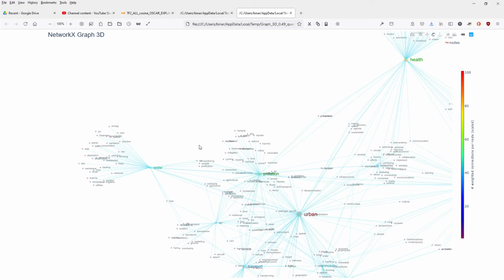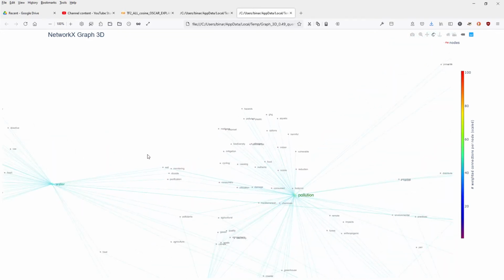Now, the interesting thing is the words that are in the vicinity of water and in the vicinity of pollution. And those are the words here, for example. Let's zoom in a little bit so that we can see it. You can see that soil, monitoring, dioxide, and purification are both here in the learned representation of a neural network